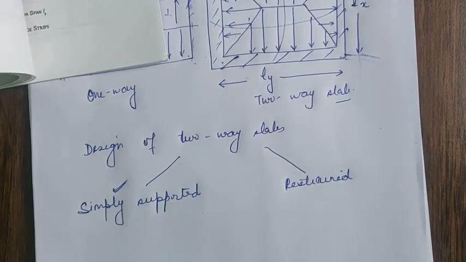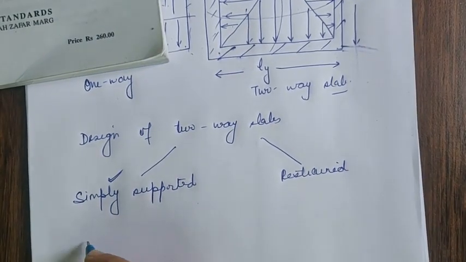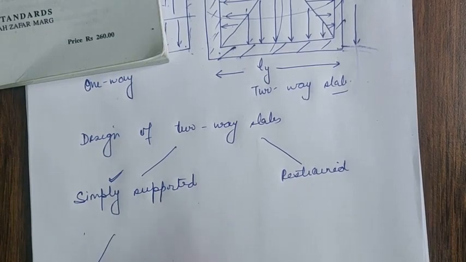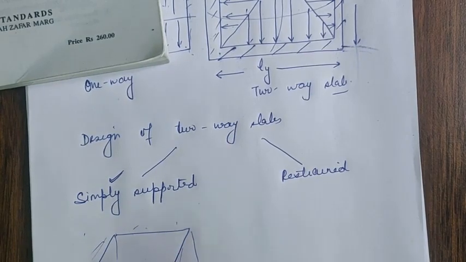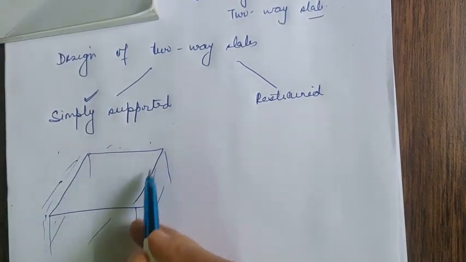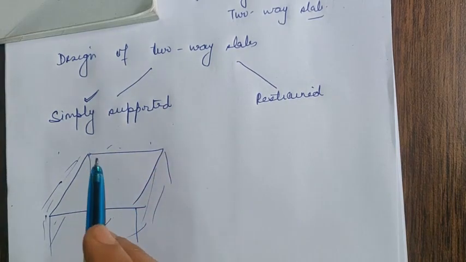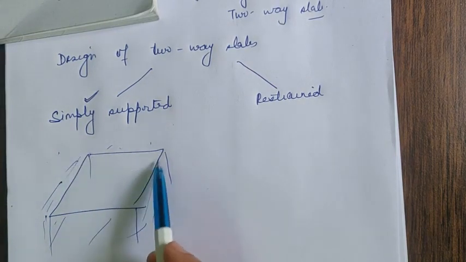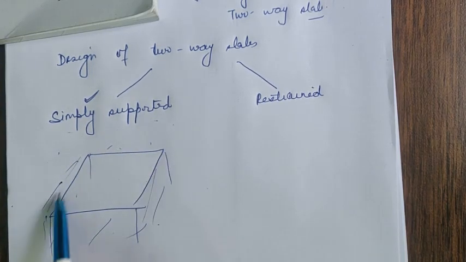Today I will be discussing how we design a simply supported two-way slab. What do I mean by simply supported two-way slab? It means, let us say I have columns or I have walls on these four sides. So this is a wall, this is a wall. On all the four sides I have walls, and the slab is simply resting on these 4 walls. The walls are not continuing to the next story. So it means it is a simply supported slab, a single story slab resting on those particular walls.